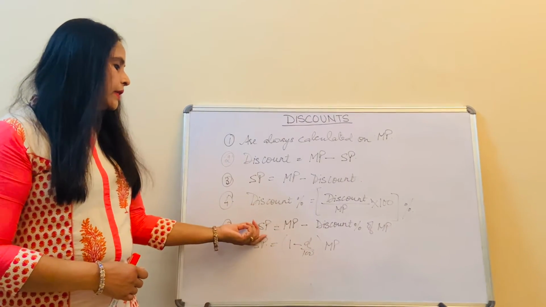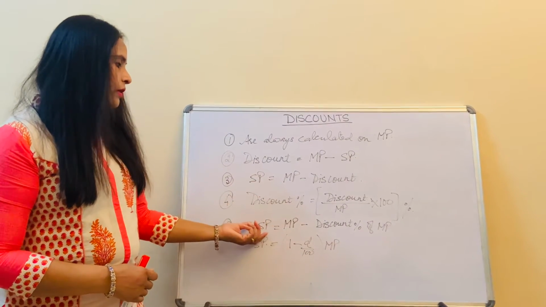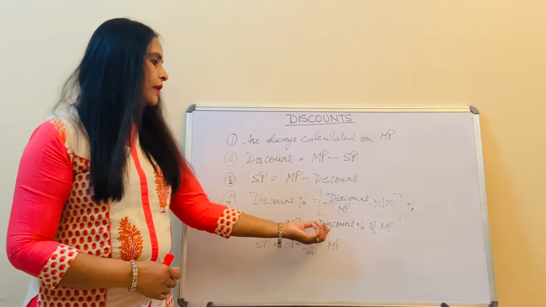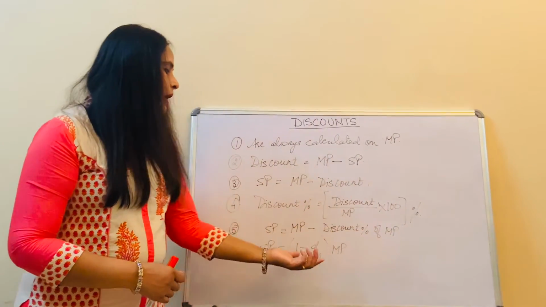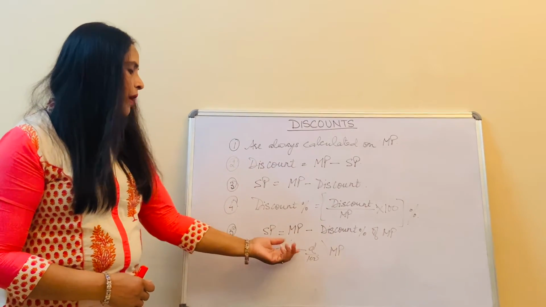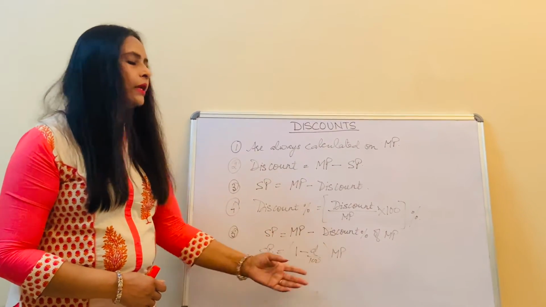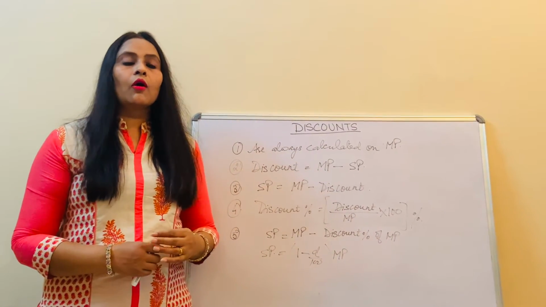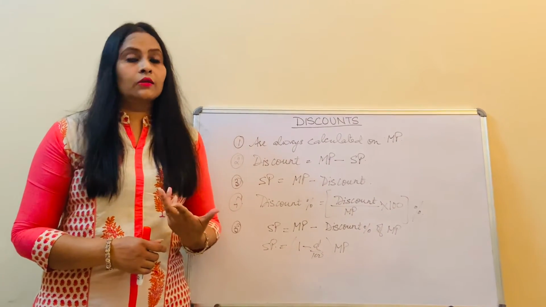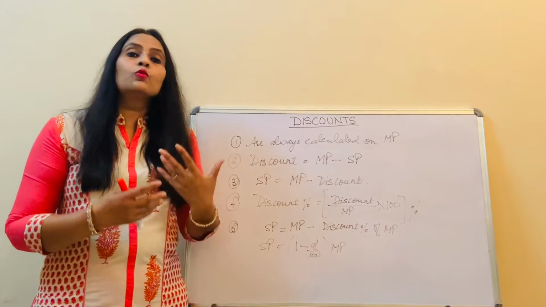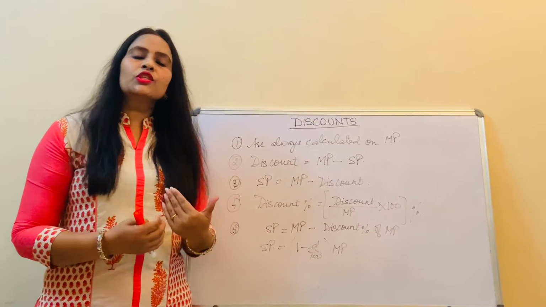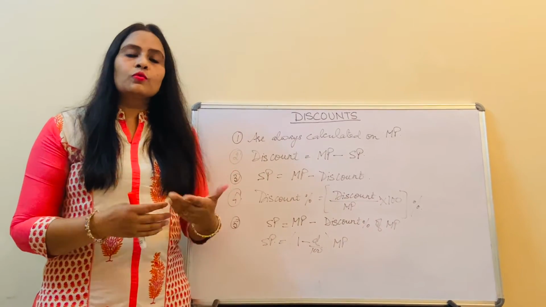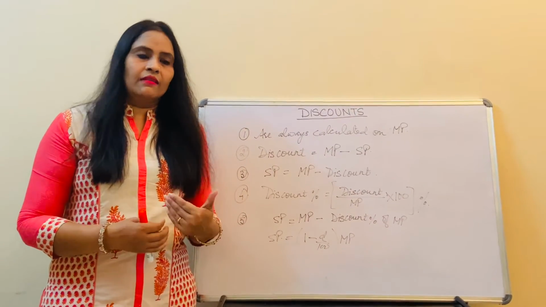To calculate the sales price or the net price of that article, we will calculate it as mark price minus discount percent of the mark price, which comes out to be 1 minus D upon 100 multiplied by mark price. Now when we go to the market, we are offered 70 plus 20% off. What is this? These are 2 successive discounts which the shopkeeper is offering to the customer to attract them, to increase the sale value.